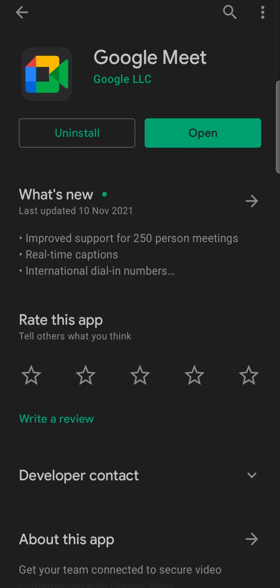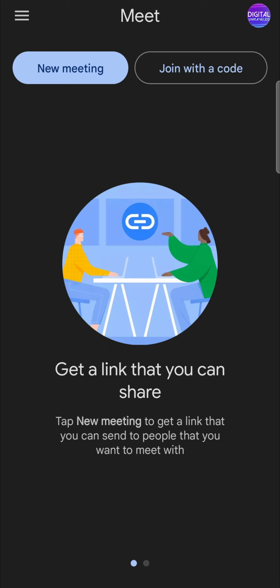And then that download button is going to say open, like it is on my phone right now. Then all you would need to do once it says open is you can open it up and then begin